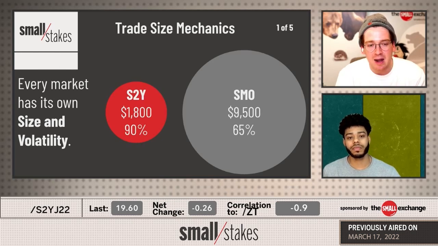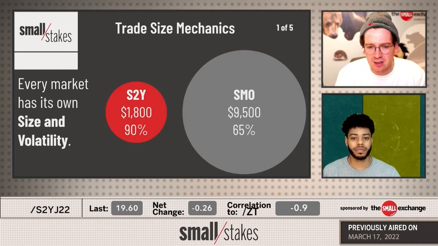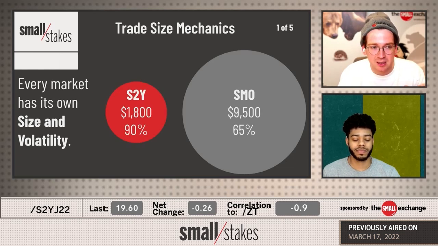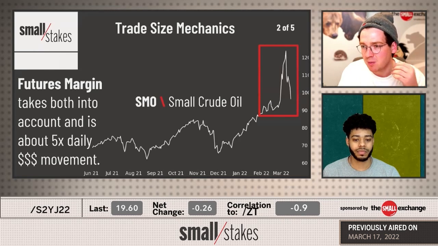And so with that in mind, I found myself, especially in the last couple of weeks, I'm day trading a lot. There's a lot of volatility, a lot of opportunity out there. And I'm like, man, I have 2 or 3 great trades across interest rates and metals and whatever, but I have 1 bad trade in crude oil. And since crude oil is bigger, I'm actually kind of cleaned out here, or I'm back to scratch when I should be profitable. And so I want to take into account the size and volatility of each of these products and create trade sizing mechanics for people that makes the most sense, that at least gets close to equating risk and reward. And a great place to start is the futures margin that pops up when you buy or sell,